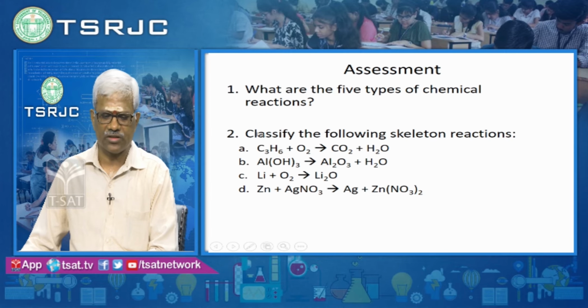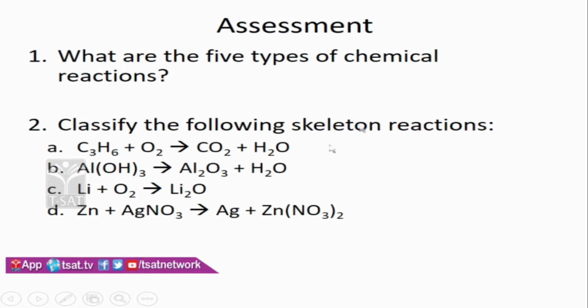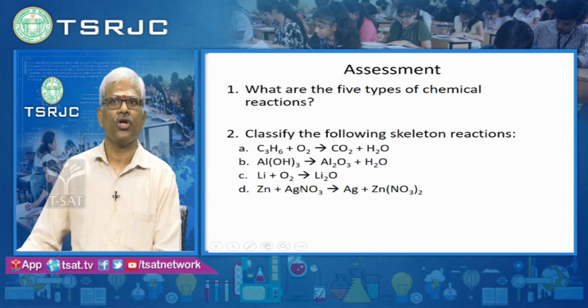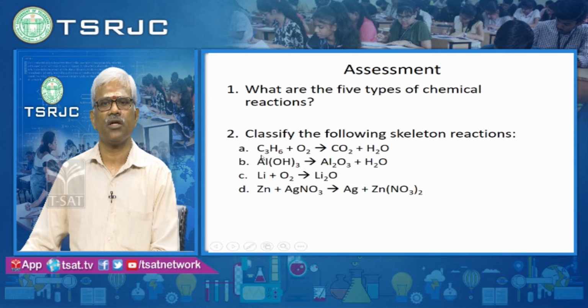So, we have to classify this. A question will be asked like this: classify all the 4 into different types of chemical reactions. In the options, if A is matched with an association reaction or displacement reaction, it will be wrong. What is A? A is a combustion reaction. So, you have to match the appropriate term. If A is matched with combustion reaction, it will be right.